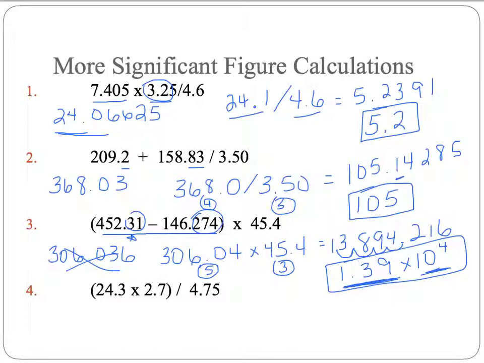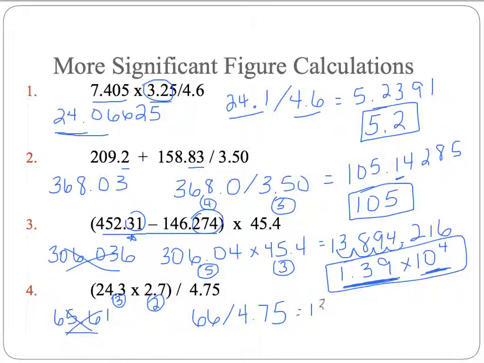Alright, last one. I have to multiply first, so 24.3 times 2.7 gives me 65.61. But again, before I move on, record it to the correct significant figures. This one has 3 significant figures, this one has 2. I'm multiplying, so I'm looking at significant figures. So I need 2 significant figures there. So I'm going to have to round this number up to 66. So I won't use that anymore. And then I'm going to divide that by 4.75. So 66 divided by 4.75